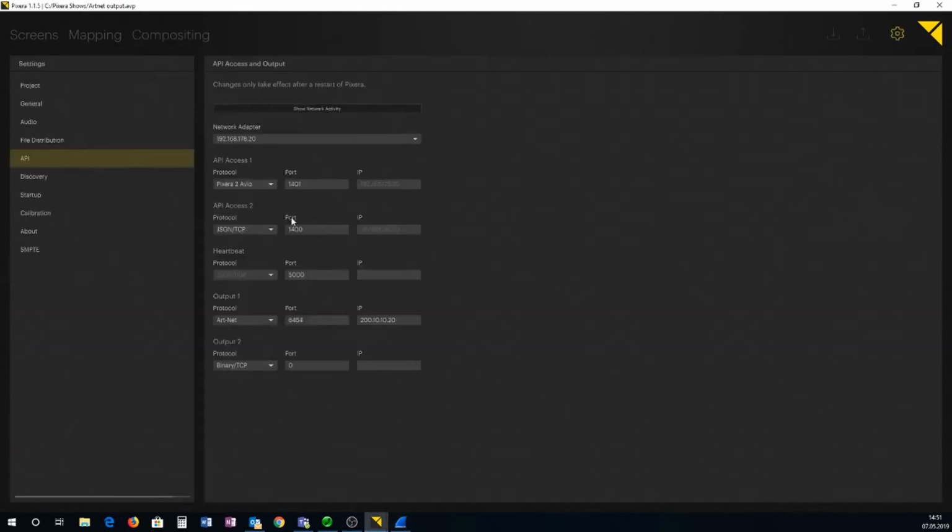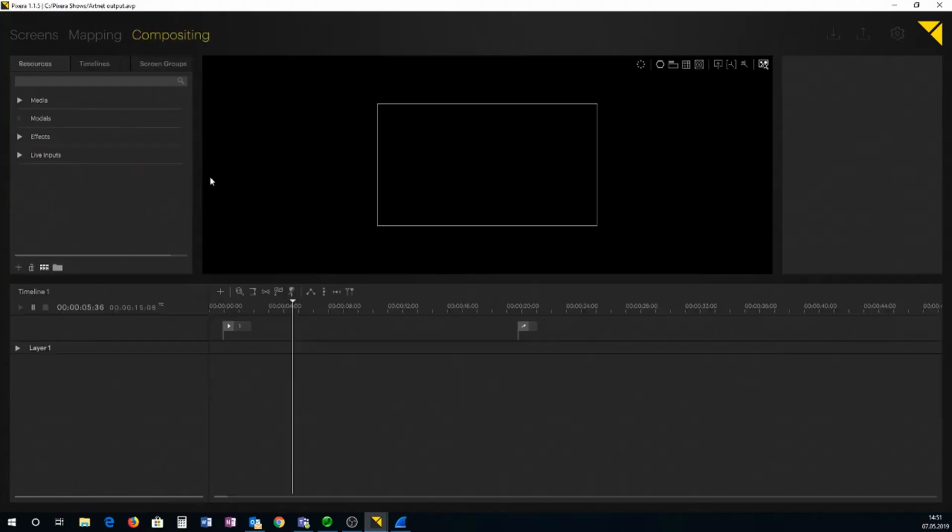Before doing so, I already prepared output 1 to output ArtNet, port 6454, and some IP in the 200 IP range for ArtNet, 200.10.10.20. After that, I did restart PIXERA. So coming back to my compositing tab, let's grab that layer